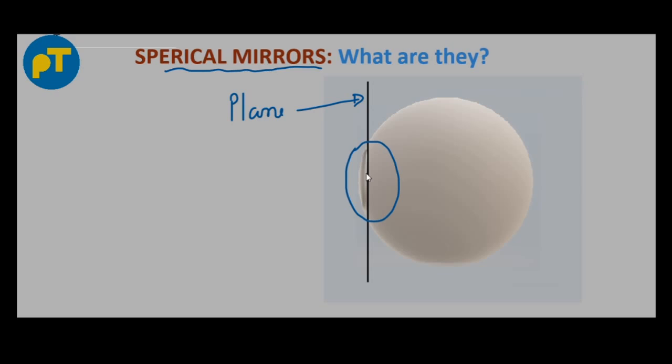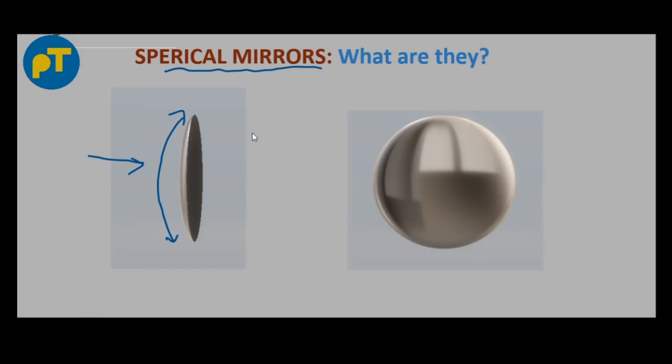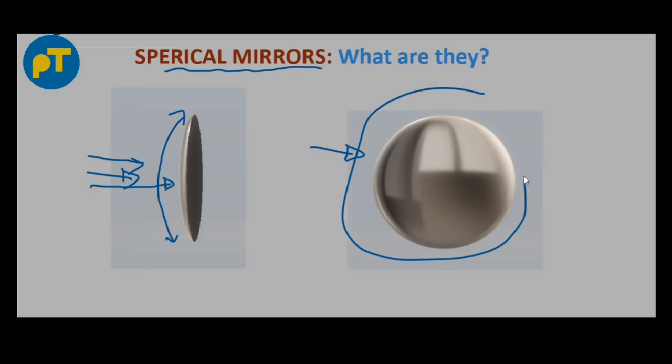Now this cutout portion will probably look something like this. So it is curved now. When you see this from this angle, it will look something like this. Let's assume that the reflecting surface is curved outwards, and when it is viewed from this angle we see this. But suppose the reflecting surface is curved inwards, in this direction, then it might probably look